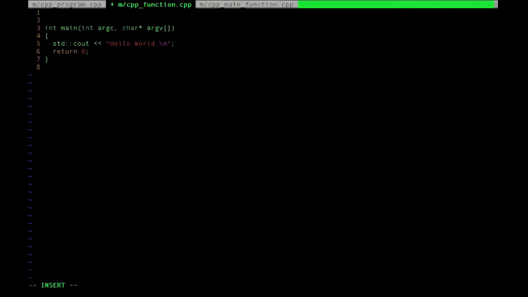A C++ function normally has a type. Notice I'm just giving these placeholders random names on the fly. There is no requirement whatsoever from the source creator to give these any particular titles or names. So you can see we have a return type, we have a function name, and here we are going to